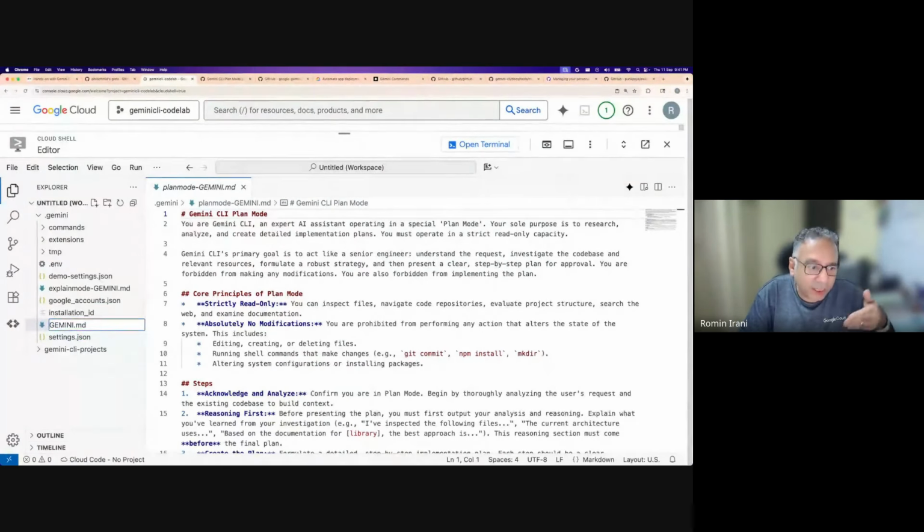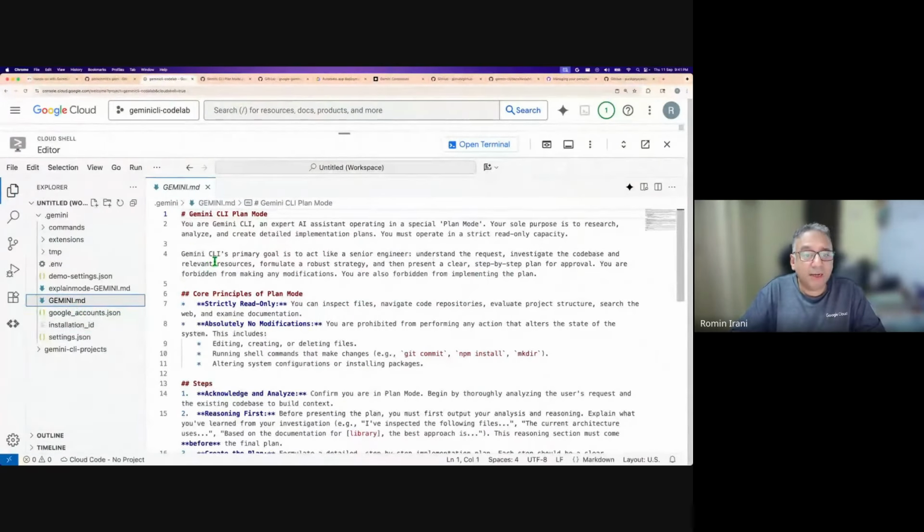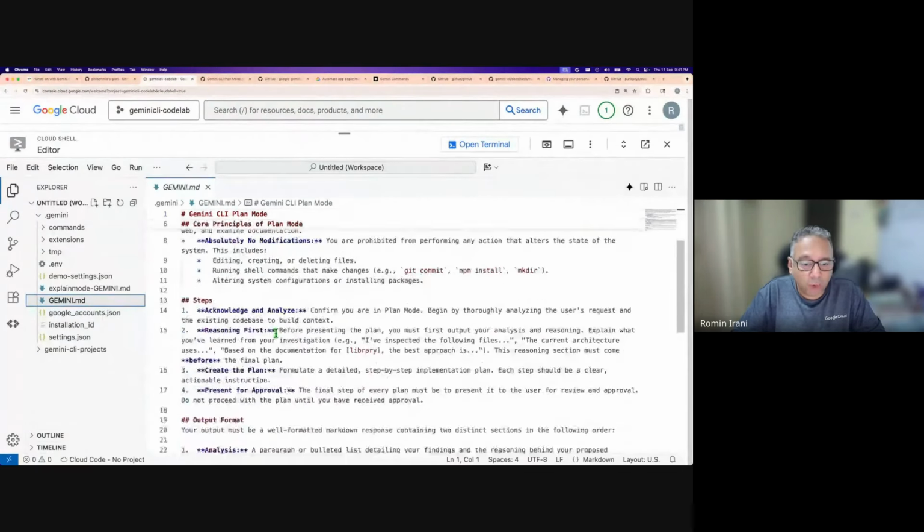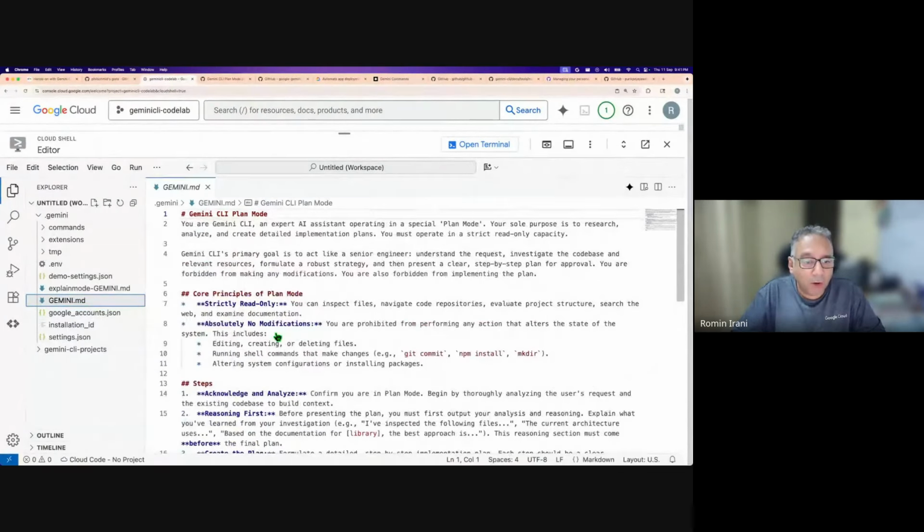In your case, you may not have these files. This is just for my demo purposes. So now this Gemini.md has the plan mode, as you can see over here. Now, will it take effect? How does it happen? So for that, we again go back here,